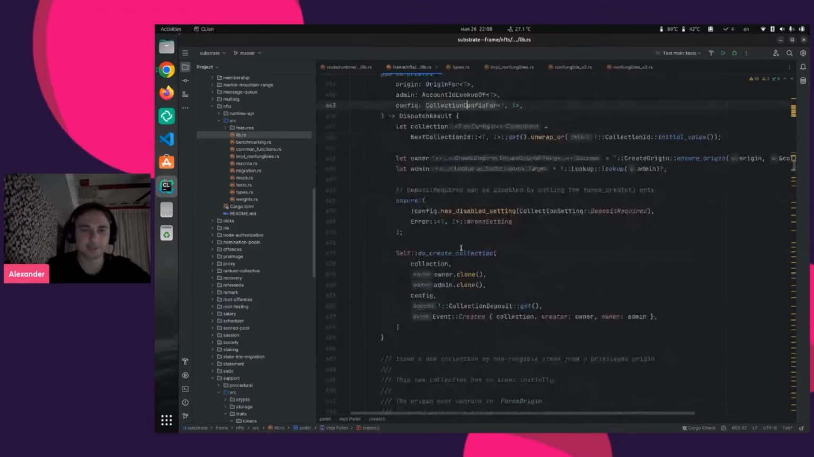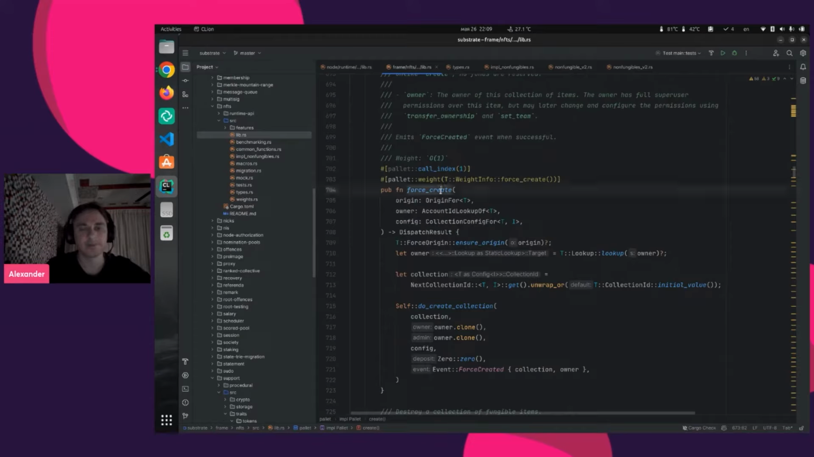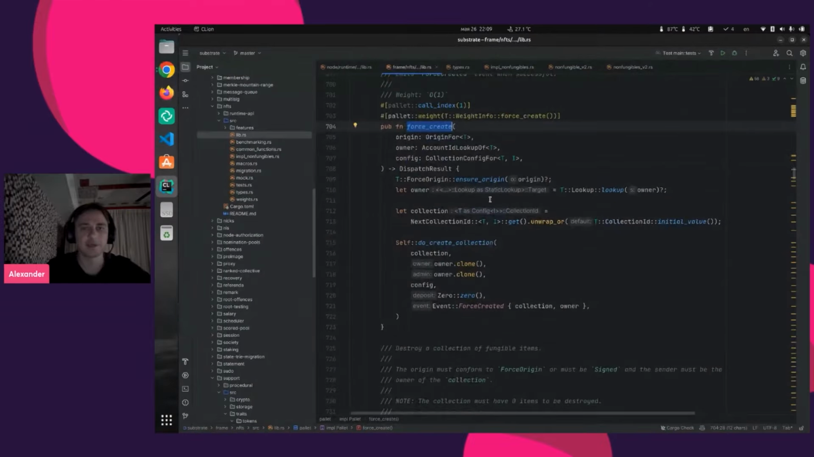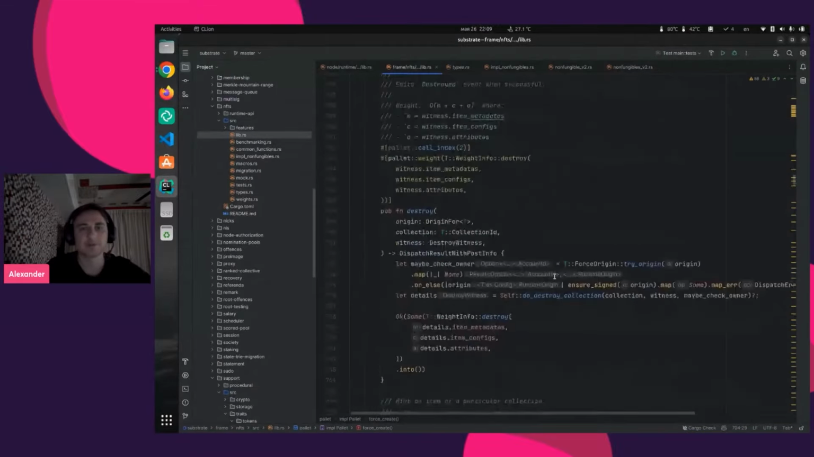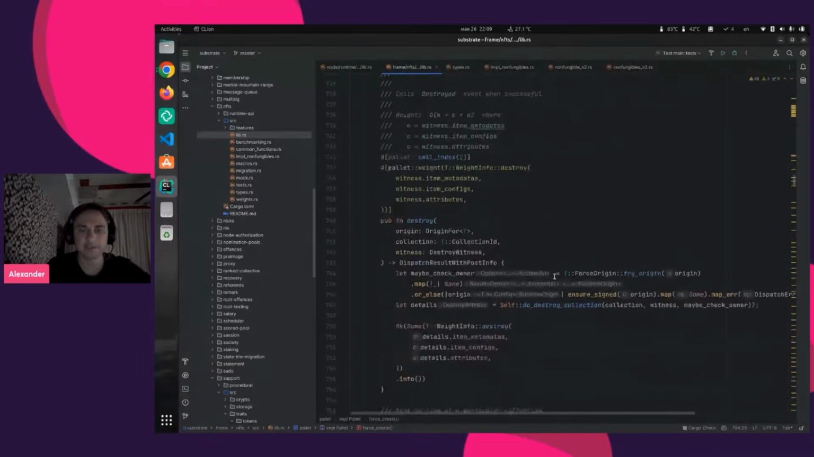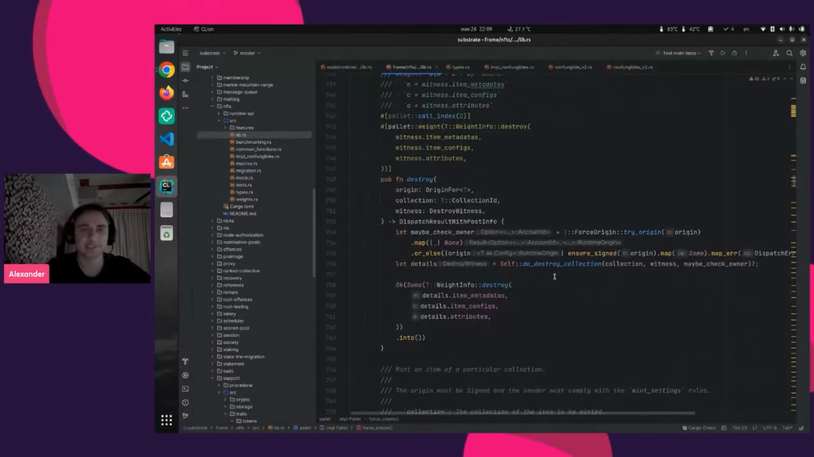And as you can see, the create extrinsic function also has this check. So we cannot create a collection with the deposit required setting being disabled. Okay, so we check for it. If we want to skip this check, we will have to use another extrinsic, which is called force create. And actually, almost every extrinsic here has a force companion that allows us to skip checks if needed. The next extrinsic that we're going to cover is the destroy extrinsic, which